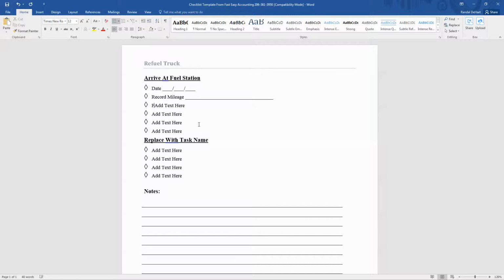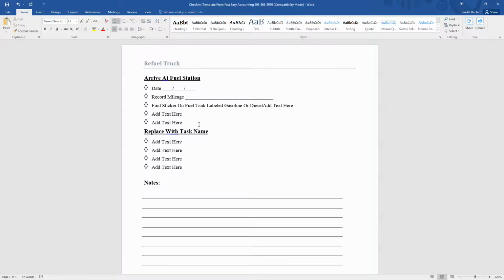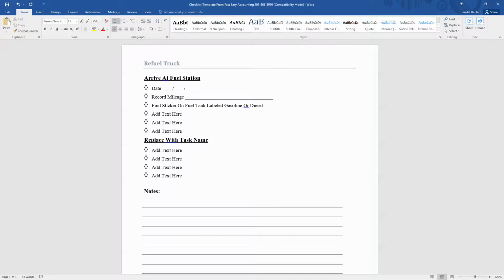So the next thing I would suggest in this example is find sticker, learn how to type. Guess I'm going to do a typing class again. Find sticker on fuel tank labeled gasoline or diesel. Okay. Whoops. Hit the delete key, hit the enter key, and if